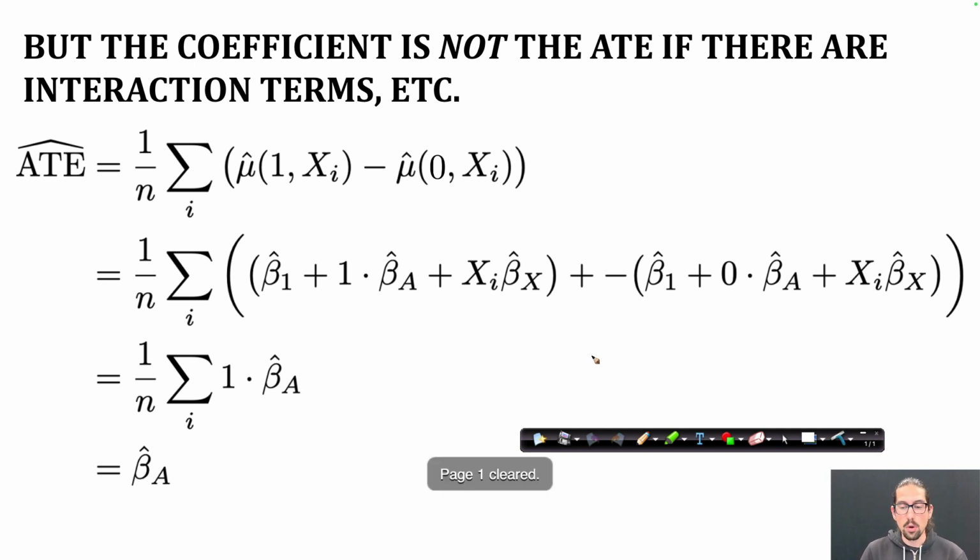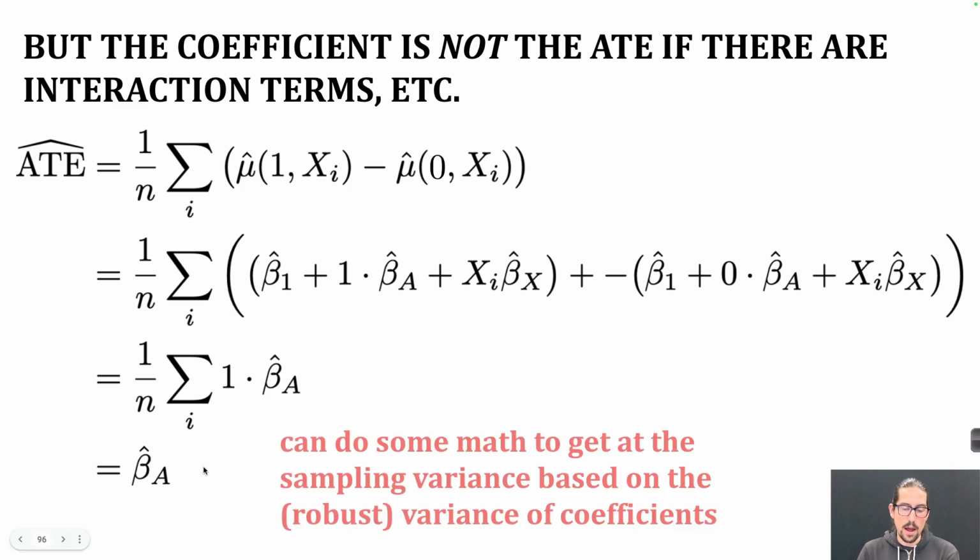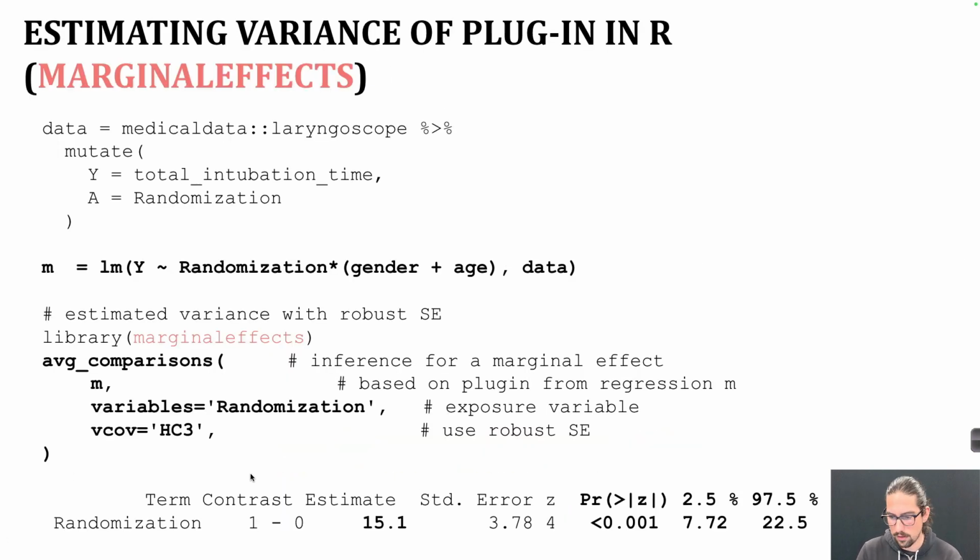And so we know for any kind of regression model that you can specify with any interaction terms or nonlinearities or whatever, I can actually get what is the variance of the ATE, even if it's not the variance of the coefficient. And it's implemented for you already in R. The library that I like is called marginal effects. So I'm giving you an example here where we're using this laryngoscope